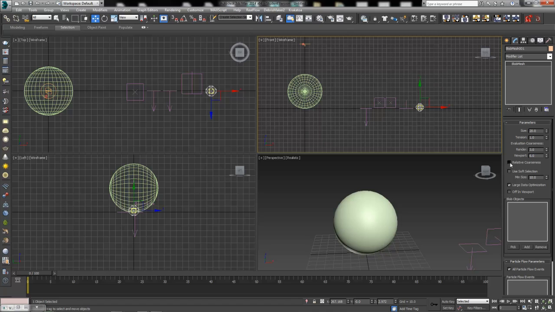I'm going to mark the relative coarseness button, which means it's going to change a little bit more accurately based on particle size, so we can get some stringier looking stuff out of it. What this also does is make these two values change. Without this, we need to go smaller to make our blob mesh a little bit more rounded out, a little bit higher resolution. Once I add the relative coarseness button, we need to go higher.